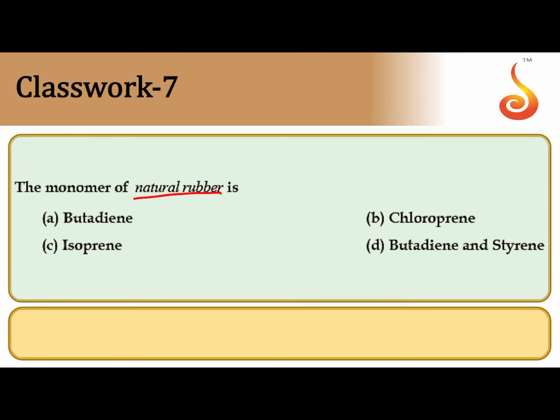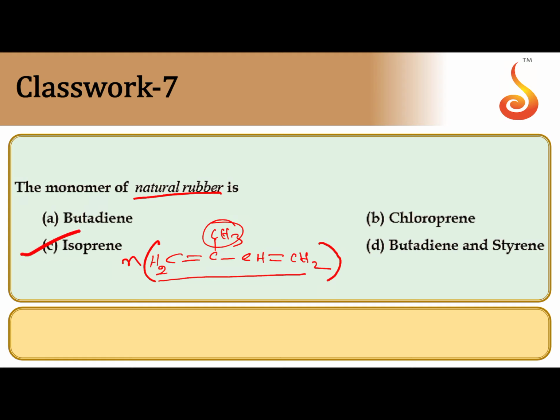The monomer of natural rubber. Natural rubber is nothing but polyisoprene. CH2=C(CH3)-CH=CH2, 2-methyl-1,3-butadiene, is isoprene. Its common name is isoprene. As we just discussed for the formation of polychloroprene, the same procedure applies. A number of isoprene units join each other to give natural rubber.